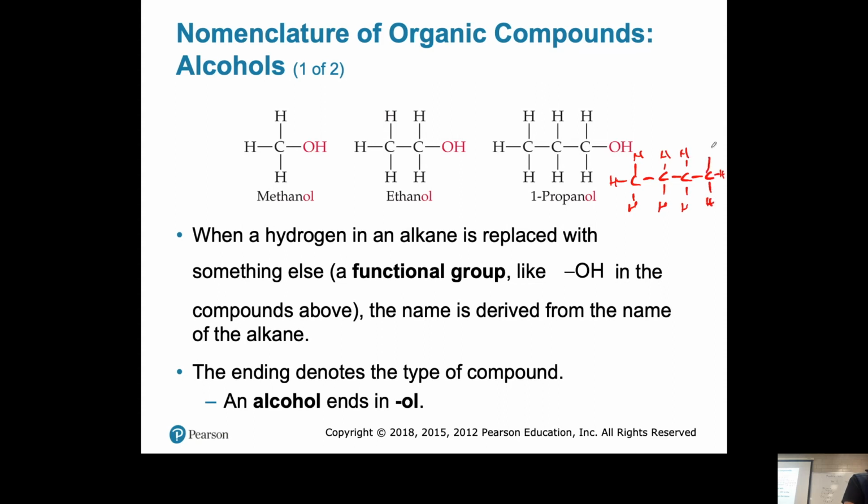We ran out of room, so I'm going to have to put that up there. Okay, so 1 carbon is meth, 2 carbons is eth, 3 carbons is prop. How many is 4 carbons? What is that called? Bute,